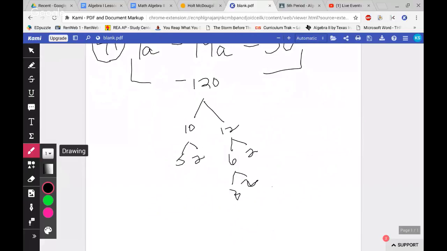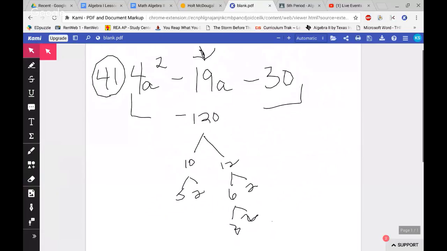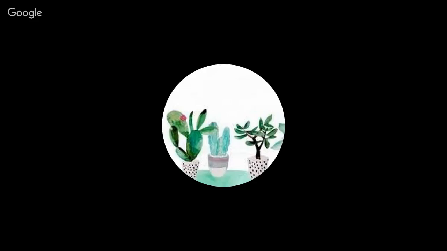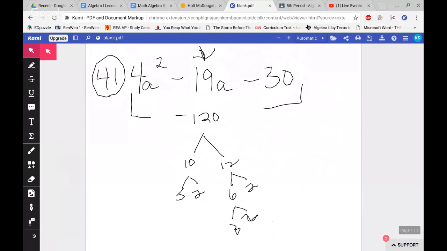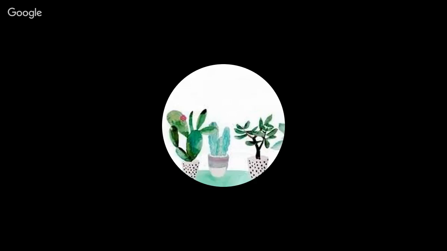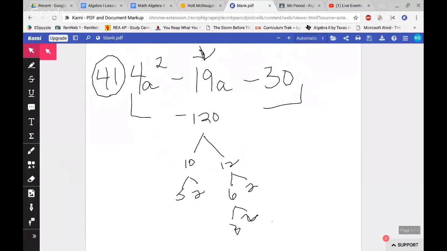All right. So at this point, I'm just trying to factor and come up with factors that combine to give me a negative 19. Okay. Okay, so now I'm just taking a look at some of these things, because you have to take all these factors and then combine them in different ways to get that negative 19. Okay. 2 times 2,